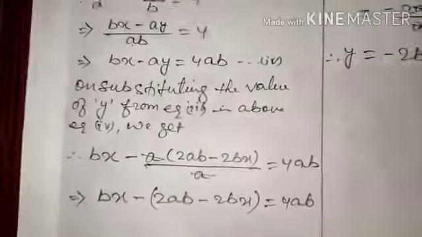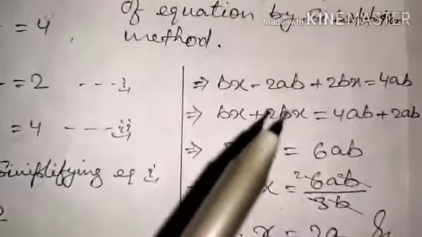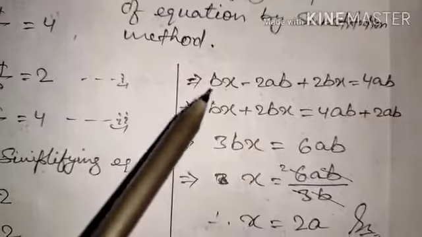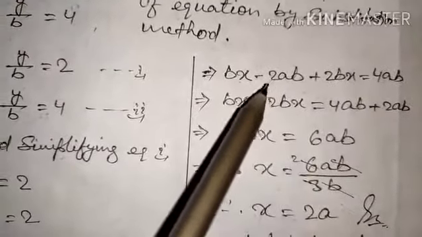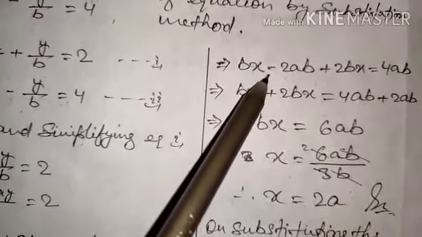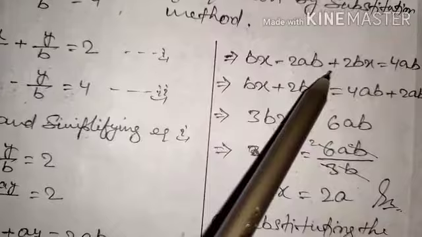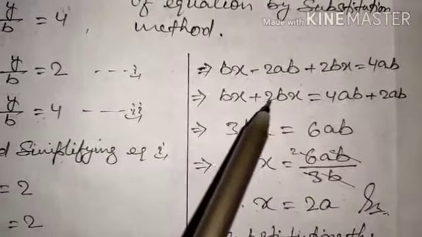Now just pursuing with this equation only here. Okay, so bx minus 2ab plus 2bx is equal to 4ab. Now we had removed the bracket, so this minus will show its effect. So minus came here, and instead of minus the plus came here. Okay, so now bx plus 2bx